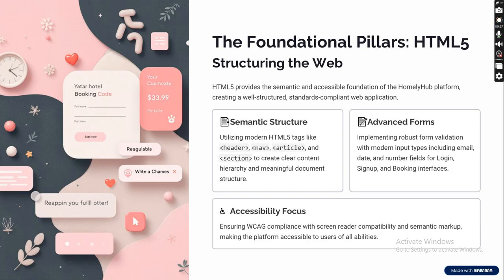We've used semantic tags like header, section, footer, and navigation for clarity and SEO benefits, to create a clear content hierarchy and meaningful document structure. It also ensures built-in form validation, such as correct email formats, date validation, and numeric input for pricing,